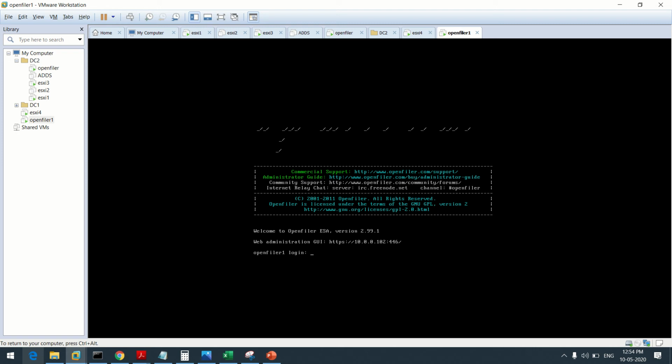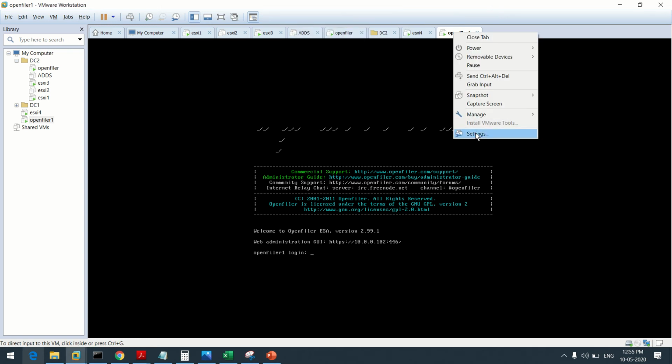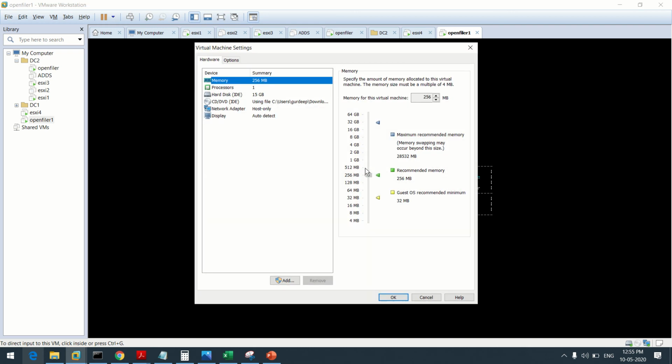Now before continuing towards the configuration, add some disks onto the OpenFiler. For that, click on the OpenFiler, now right click, settings, then add.